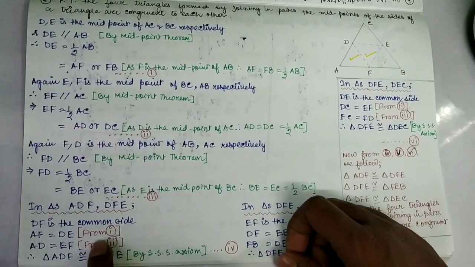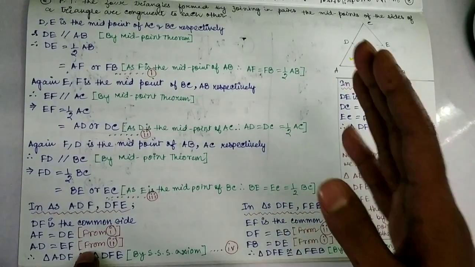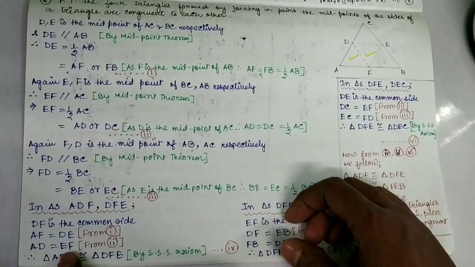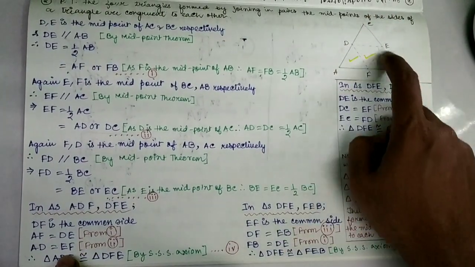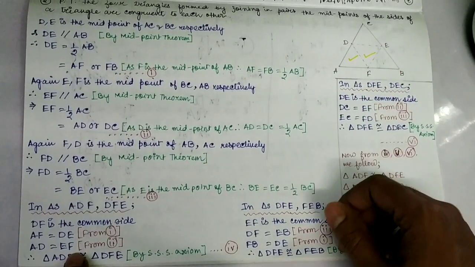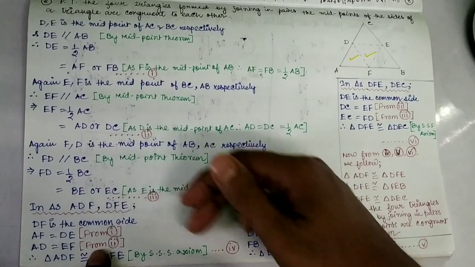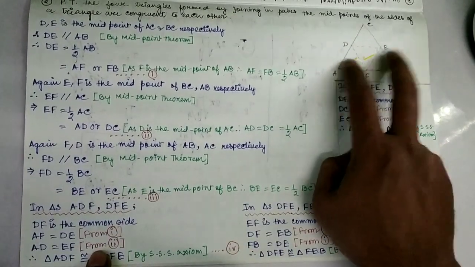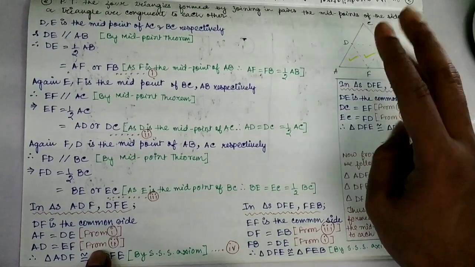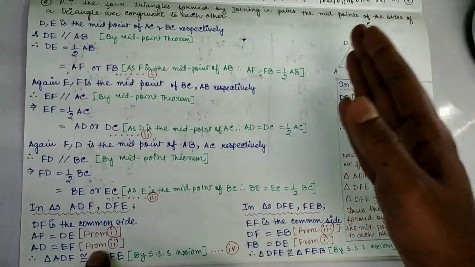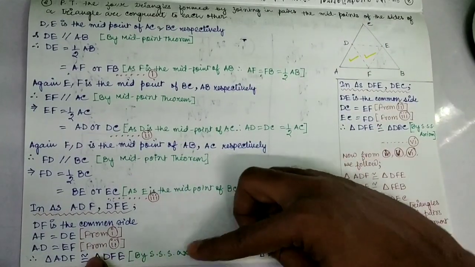So see, we are getting 3 points there, and to prove congruency we always know we have to prove 3 points, and here also we have done that. So therefore triangle ADF will be congruent to triangle DEF. And the reason was, see, what were the 3 points? This side was the common side, and this side was equal to this one, and these two sides were equal. So we have proved 3 sides equal in both the triangles, so they are congruent by the SSS axiom.